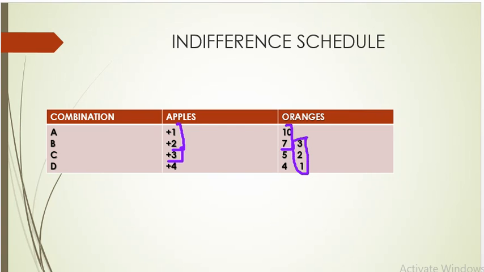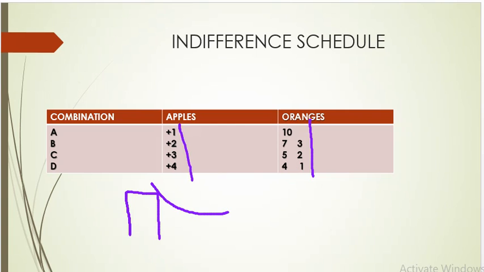So this is the indifference schedule, which shows the various combinations of X and Y commodities. It also indicates that if we are gaining apples, then we have to sacrifice the quantity of oranges if we want to remain on the same indifference curve. Like in this combination we have this quantity of X and this much quantity of Y, but when we move to this, we sacrifice Y and gain X. For gaining X, we have to sacrifice some quantity of Y, so as to remain on the same indifference curve.